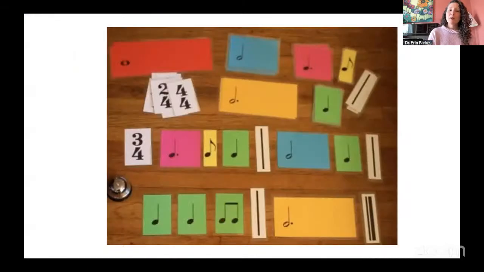So here's a representation of some rhythm cards that I use a lot. They're not arranged by bar or anything, obviously. It's just to show you what we use. You'll notice that the cards have color coding. Everything that's 1 beat is a green card, including the pair of eighth notes, that's 1 beat. And then 4 beats is red, and everything is color coded there. But they are also to scale.